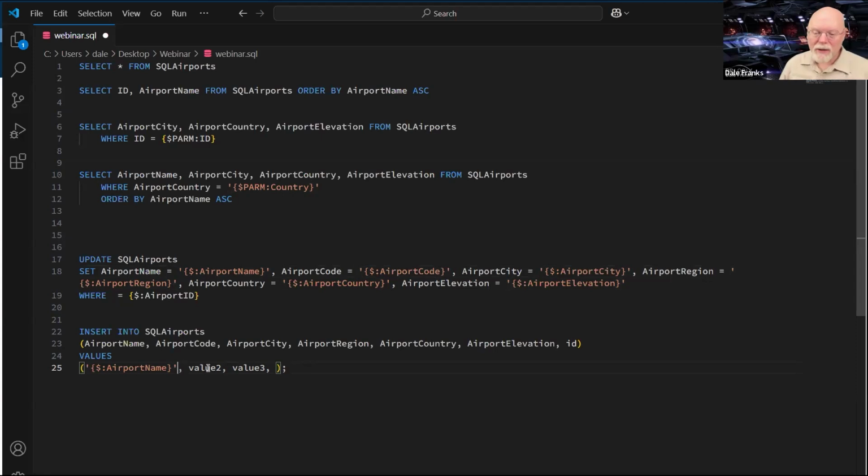I have to go in and be sure that I get all this in order. So airport name, which by the way, is why I put it in order, in the order in which it appeared up here, so that it would be harder for me to mess this up. So airport city is third, and then airport region is fourth.